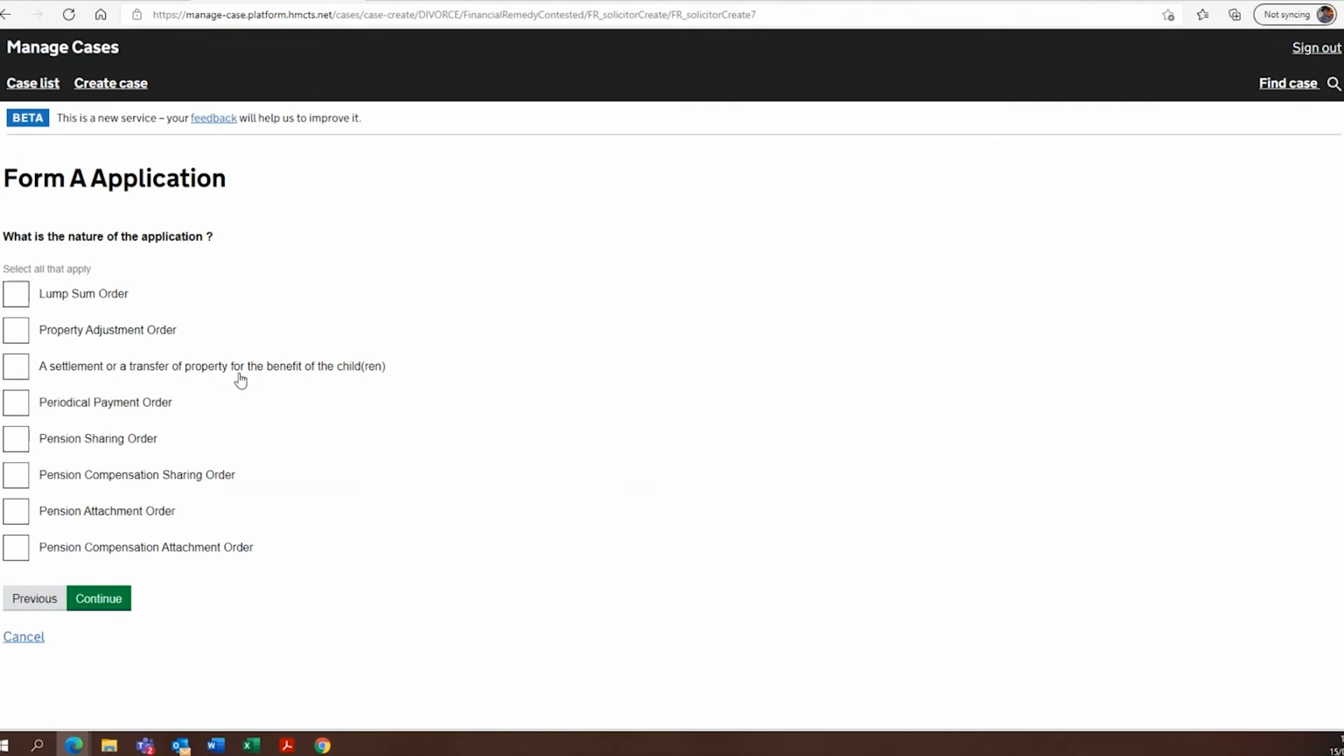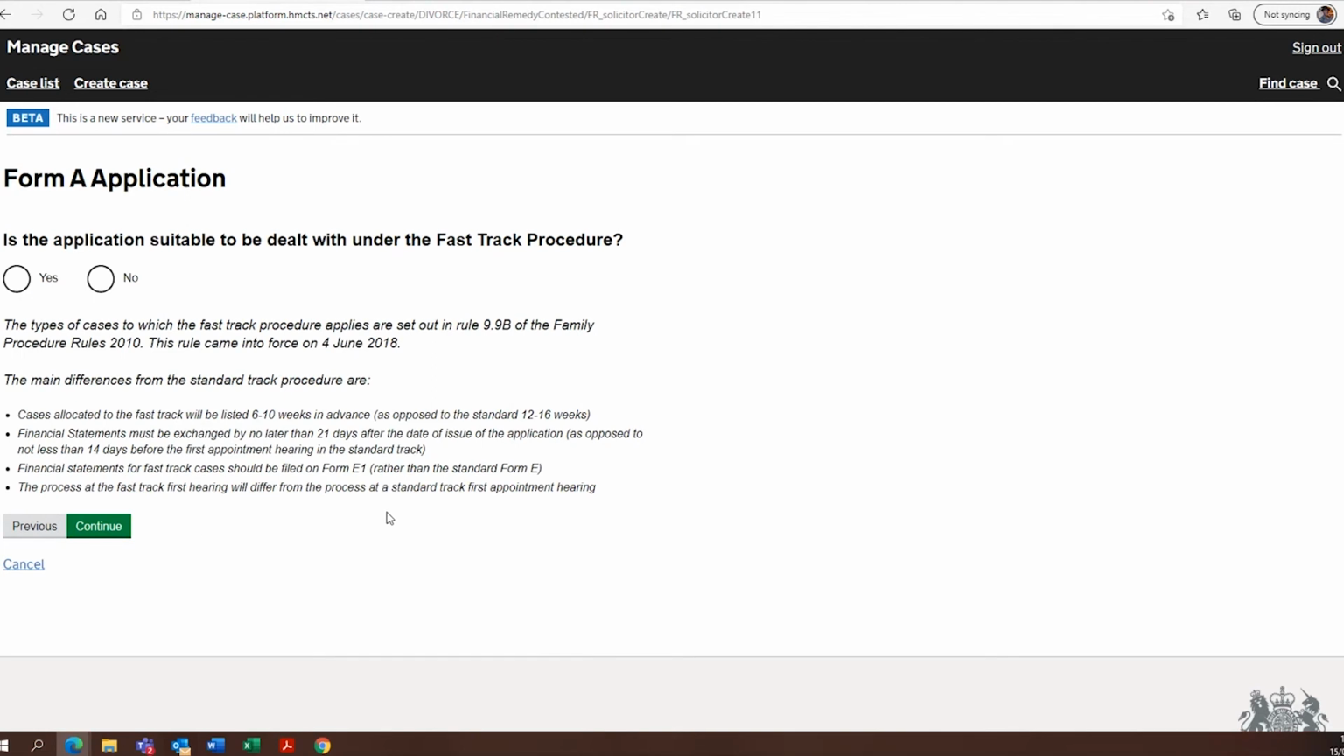And at this point now we can select the nature of the application, so what it is we're actually applying for. So select the relevant option from the tick box there, and then continue. It will then ask you whether the application is suitable to be dealt with under the fast track procedure. If you select no and click continue,